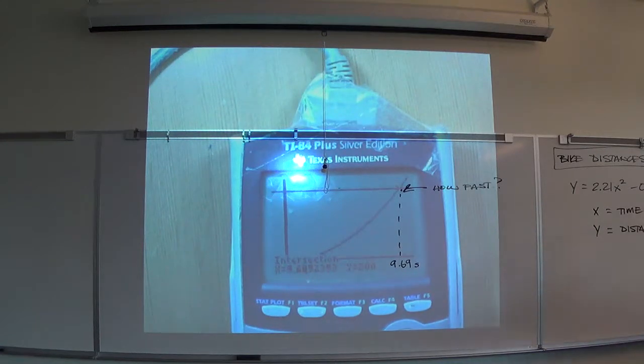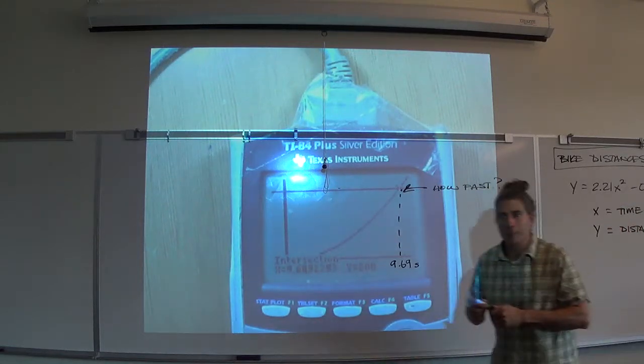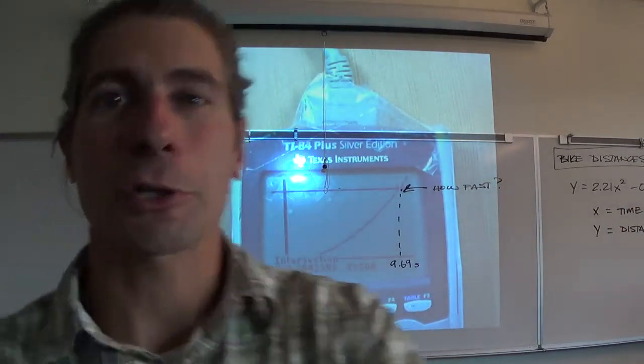But that's okay. It should be off. It's a best fit curve. It's not a perfect fit curve. I think we talked about this. I'd be nervous if we had the exact same times every single time. I think you guys are messing with me. So according to our curve, according to our data analysis, it took me 9.69 seconds on average to make that trip. Is that fair? 9.69 seconds to make that trip. What was my average speed for the whole trip? First question. Average